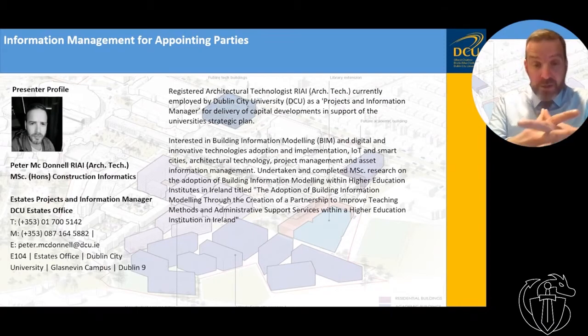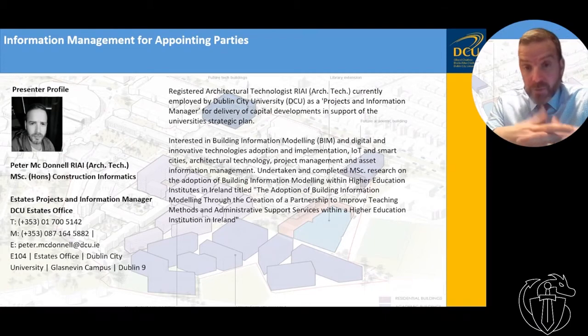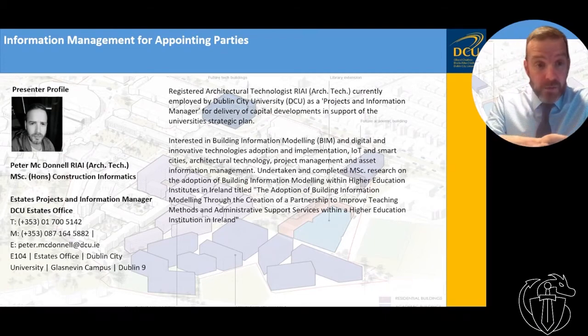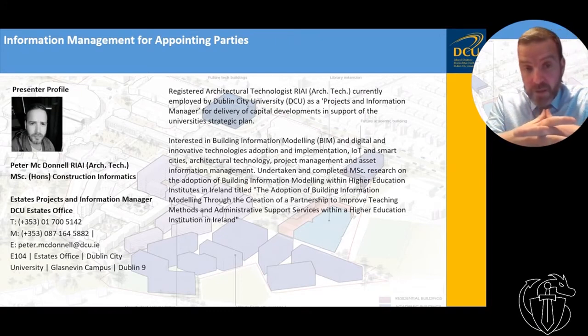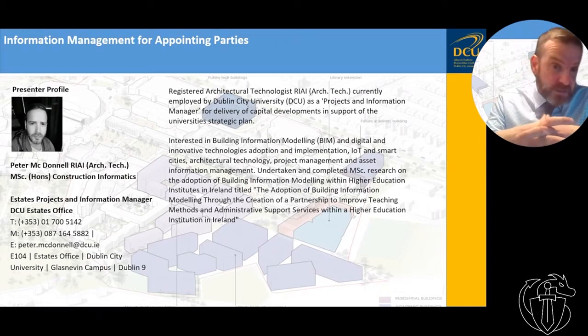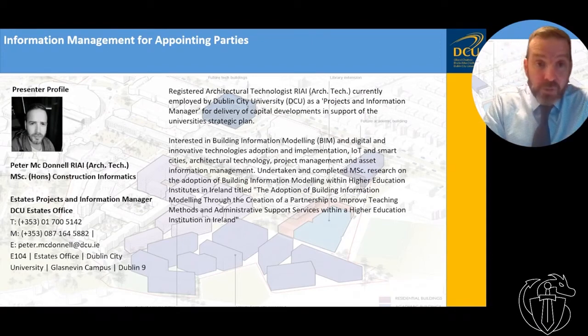So really, for me, I see the potential in terms of what we do in our estates functions, and also what we can offer staff and students within the academic area of the university to support their functions, to give them real life information, access to different assets, models, all of that kind of thing. It was previously a little bit fractured. Nobody knew what anybody was doing, but we're starting to open up those channels, which is really exciting.